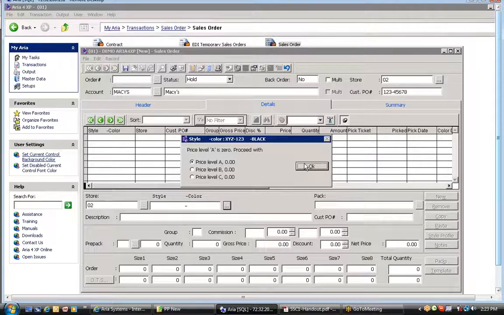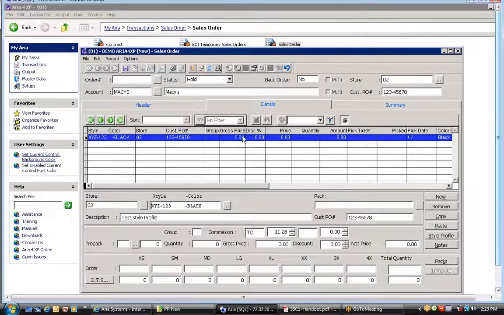If there is no price listing added to that style, you will get that message. However, you still can override the price field, as we'll see in a minute on the order line level. So now the system retrieved the style code, the color, the style description. The same PO number on the header will populate, and now on the line level you can enter the quantity breakdown